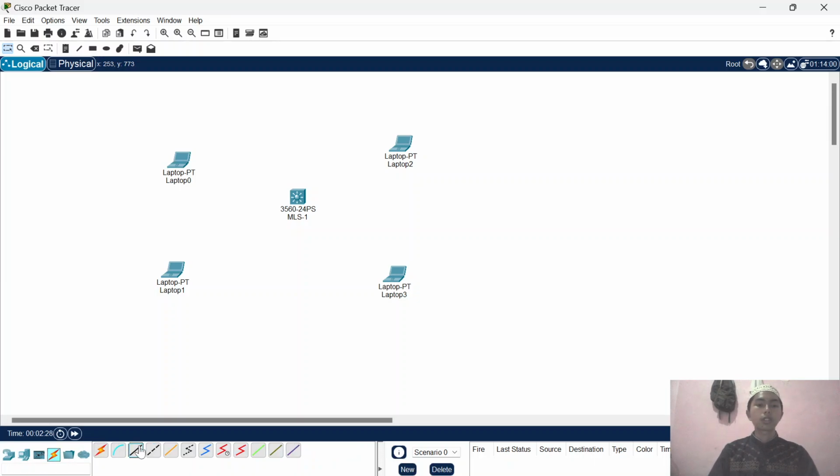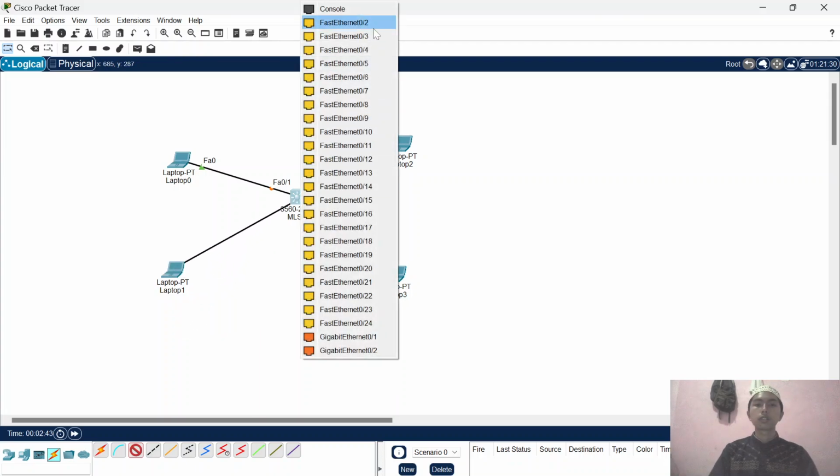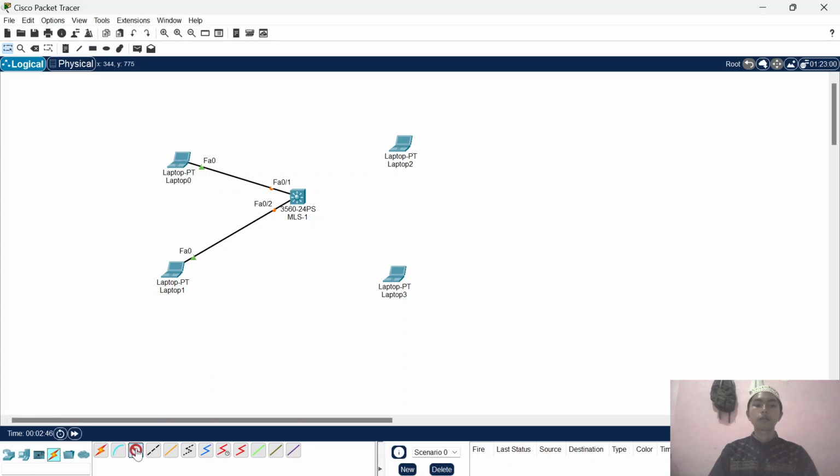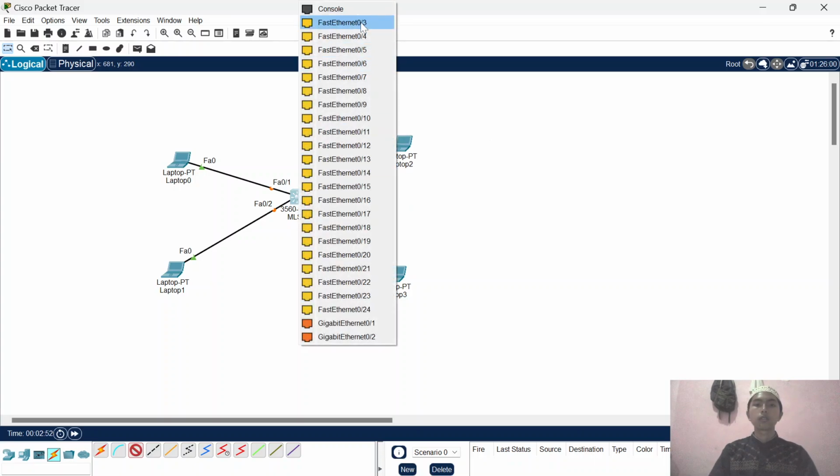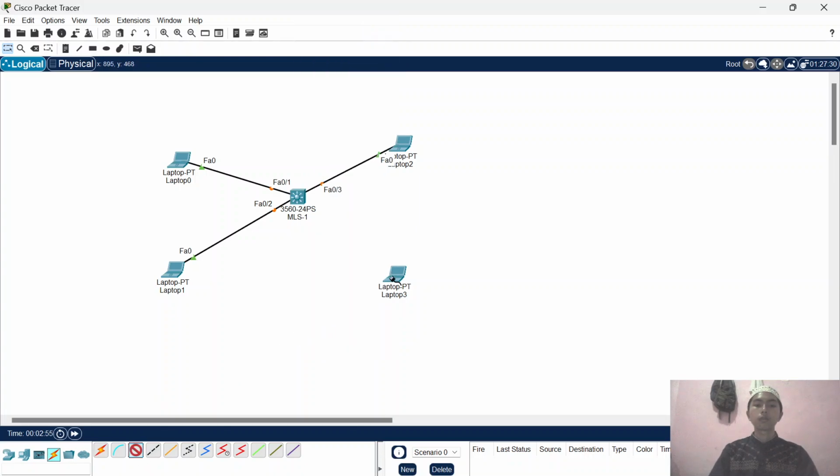I'm going to use this copper straight-through cable to connect from this laptop to this multi-layer switch, and I'll do the same thing to the others. Okay, after we connect all of these devices,